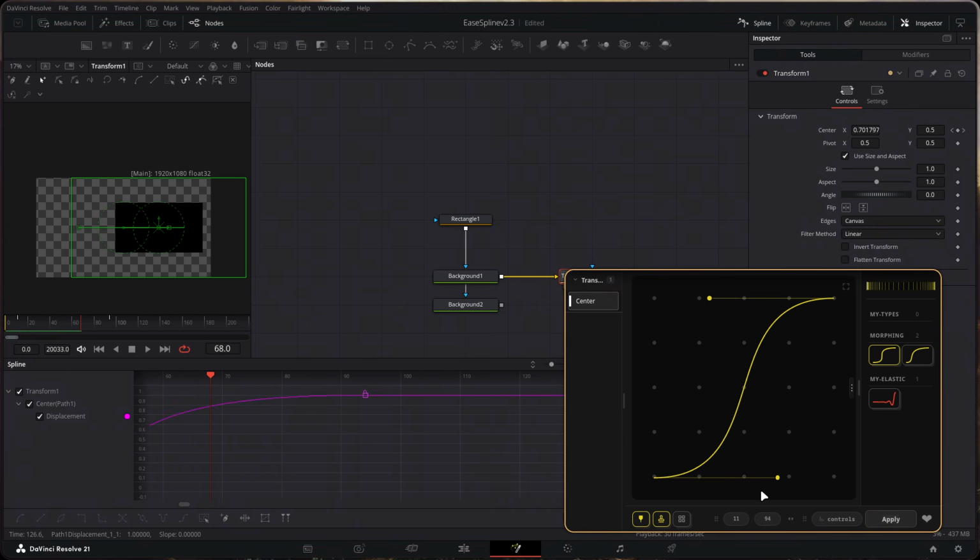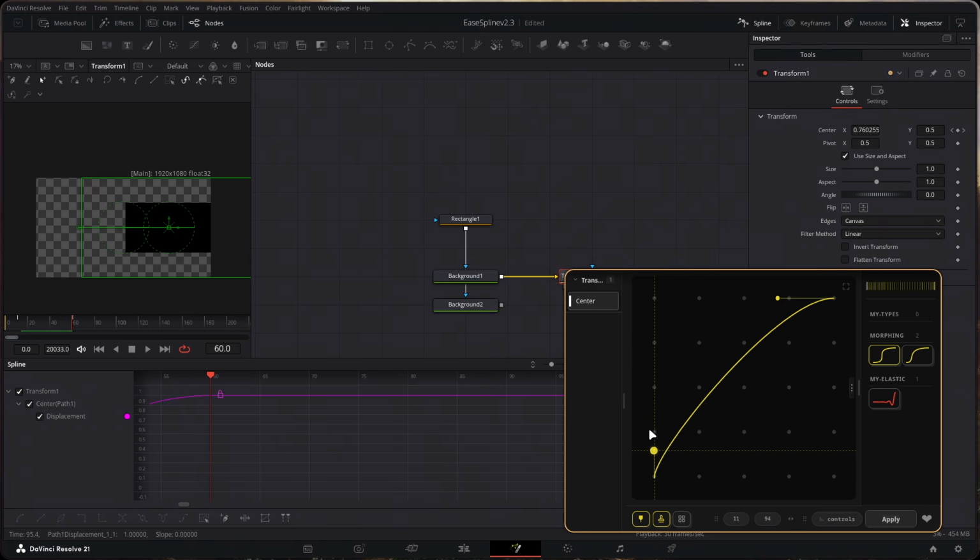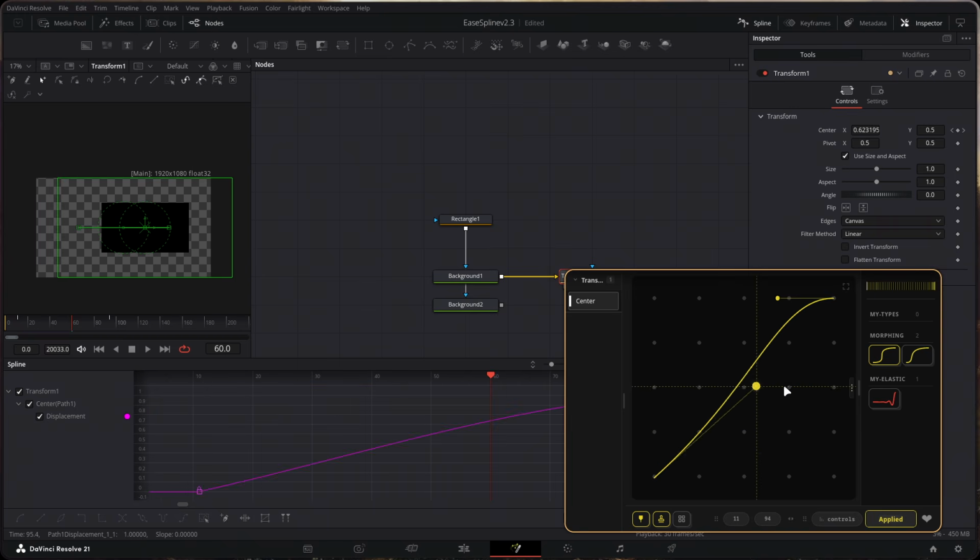Hold Control, both handles move together by the same amount. You're sliding the whole shape instead of reshaping it. Hold Alt, axis lock. The drag locks to whichever direction you move first. So you can change the timing without touching the value, or the value without touching the timing. That one's underrated. Now you can also combine Alt with Shift or Control to have the benefits of mirroring with